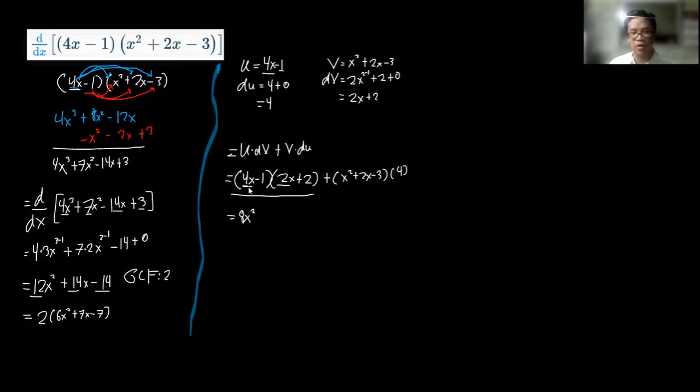Times the outer terms, 4x times 2, this is 8x. Next is the inner terms, negative 1 and negative 2x, this is negative 2x. And last but not least are the last terms, negative 1 times 2, this is negative 2. All right? Plus, here on the right term, or the second term, just distribute 4 to each of the